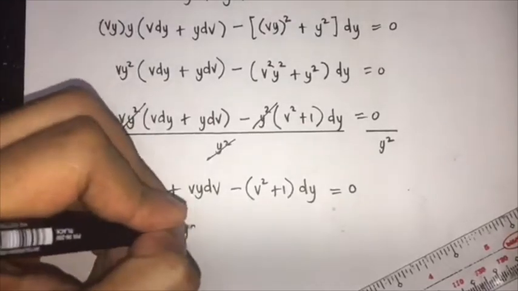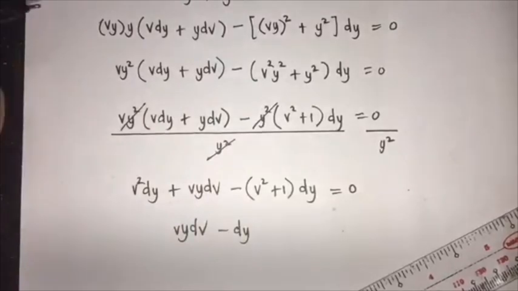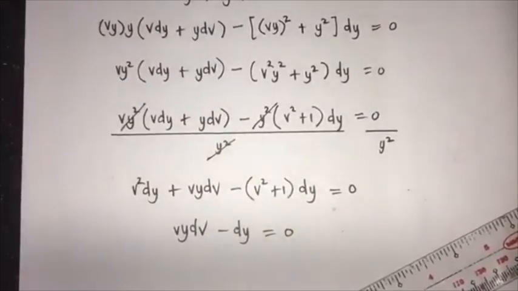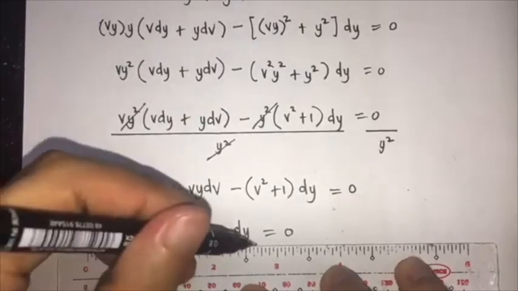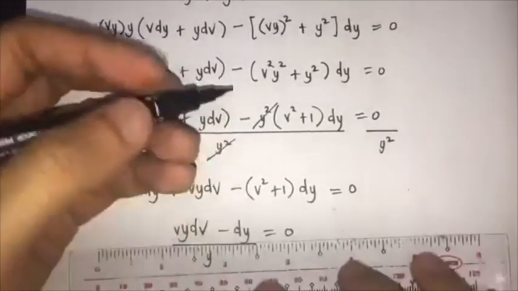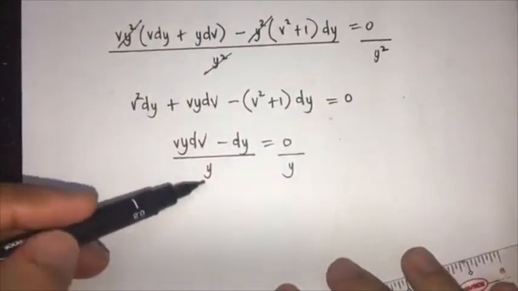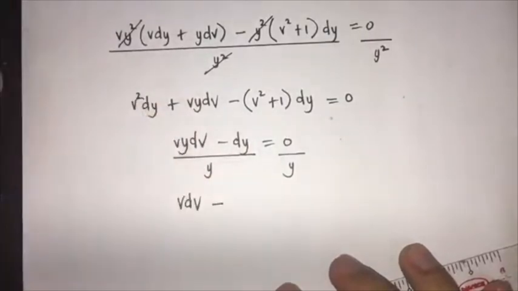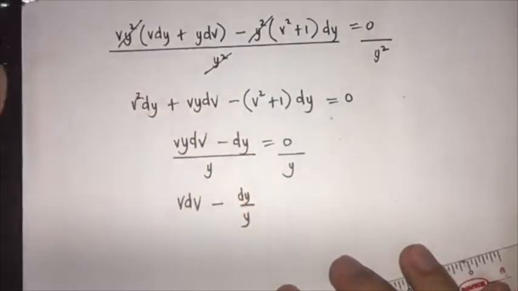So vy dv minus dy is equal to 0. Okay, so by separation of variables, we can divide both sides by y. So vy dv over y will become v dv minus, this will become dy over y is equal